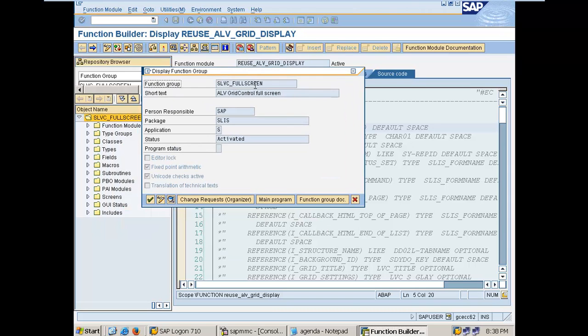You can see that we have a function group here, SLVC_FULLSCREEN. The purpose of this function group is to associate all similar kinds of function modules to one function group. It's like a placeholder, like a top view, and inside this you will have function modules. Now if I double click here,